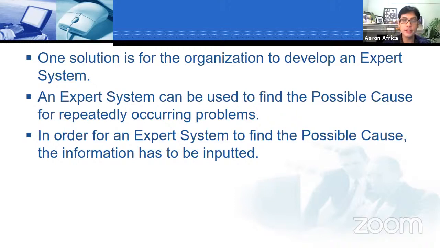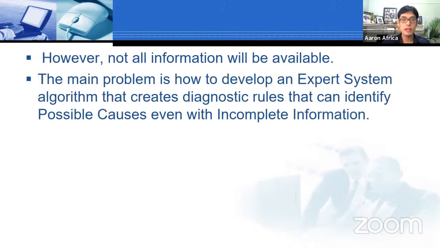Now, in order for the expert system to find the possible cause, the information has to be inputted. However, of course, not all information will be available. The main problem is how to develop an expert system algorithm that creates diagnostic rules that can identify the possible cause even with incomplete information. Now, what do I mean that information is not available? The,